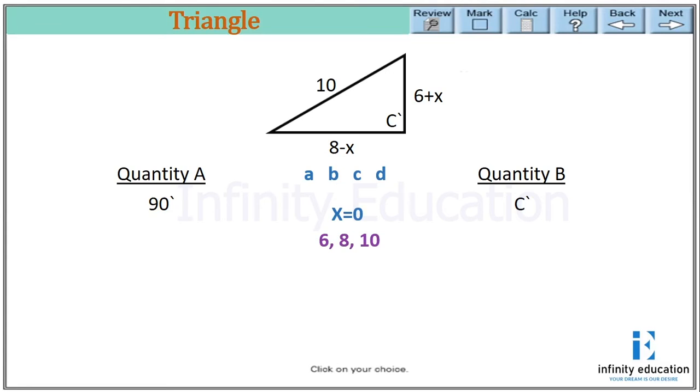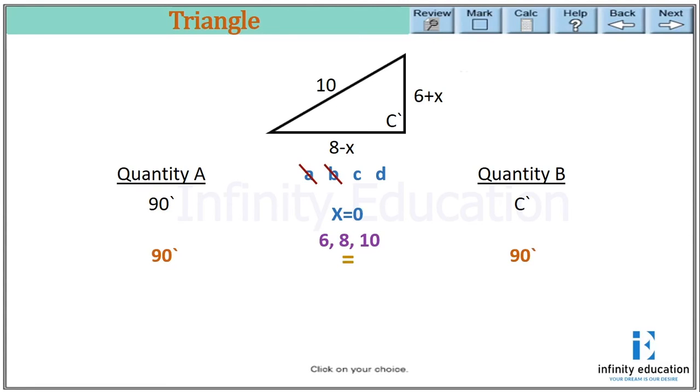So if we are having three sides as 6, 8 and 10, one of the angles has to be 90 degrees, and we know the longest angle should be opposite the longest side. So the angle opposite 10 should be the largest one, that is 90. So we had A as 90 and we have received quantity B as 90. So both the quantities are the same. So I can eliminate A and B.